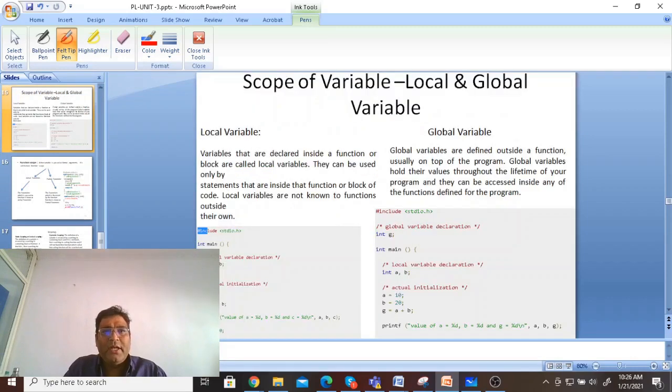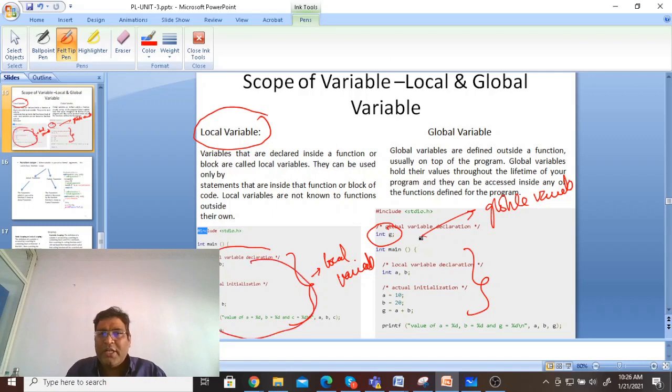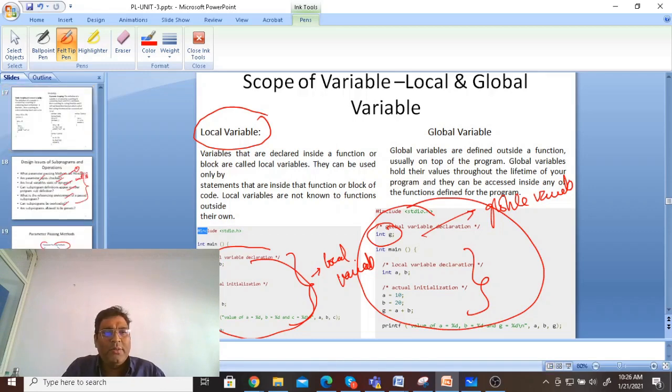Local variables are those defined in the program; look here, these are all local variables. A global variable can be accessed anywhere in the program. The scope of a local variable is in its procedure, whereas a global variable's scope is throughout the program. This is the concept of local variable. Then we'll move on to the other one.